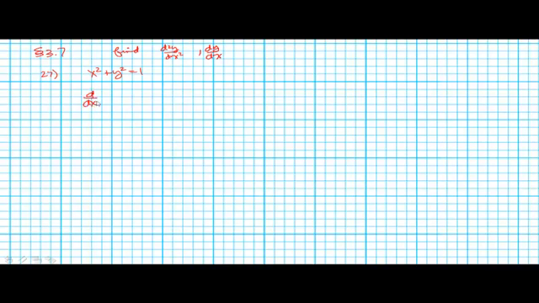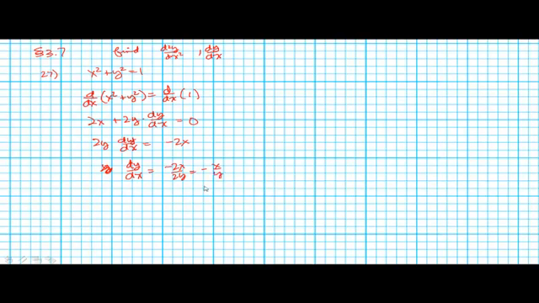If I take the derivative with respect to x of both sides of the equation, I'm going to get 2x plus 2y dy/dx is equal to 0, or that 2y dy/dx is equal to negative 2x, or dy/dx is equal to negative 2x over 2y, or negative x over y. Now, if I want to find